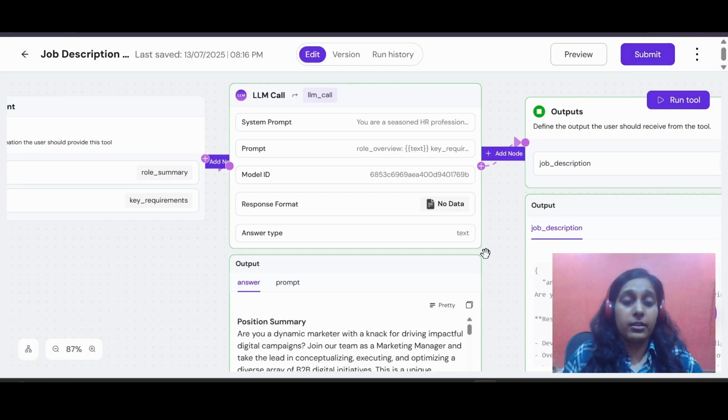And yeah, that's it. This is actually a very simple yet powerful no code HR tool ready to streamline your recruiting process. In our next video, we can also plug this into an AI agent that handles candidate inquiries automatically.